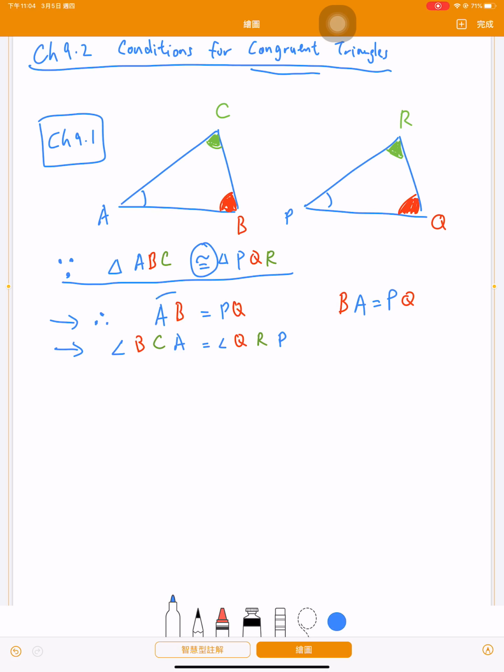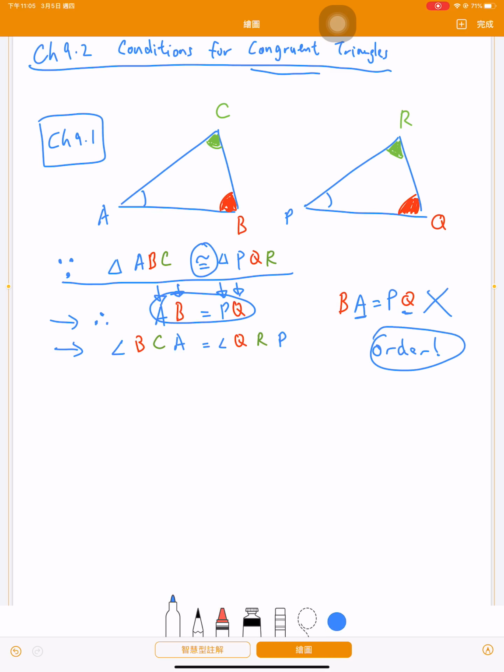For example, we can say AB is equal to PQ because A corresponds to P, and B corresponds to Q, right? So do not say that BA is equal to PQ, because the lengths are not in order, right? The lengths are not in order. So remember, the order is very important in this chapter. So